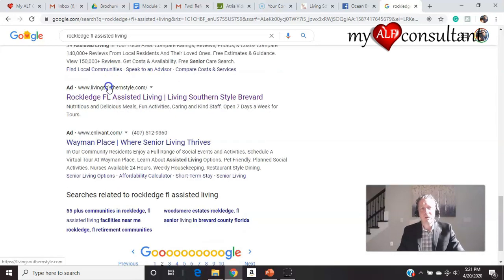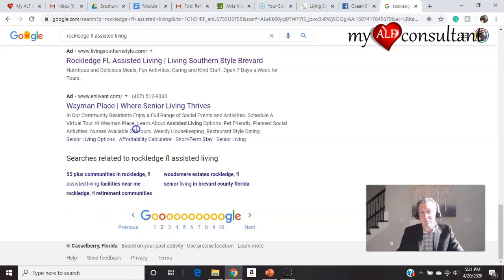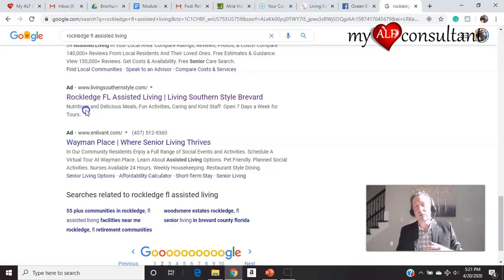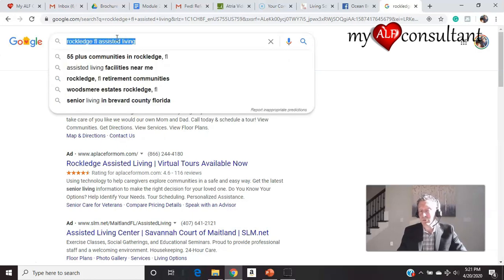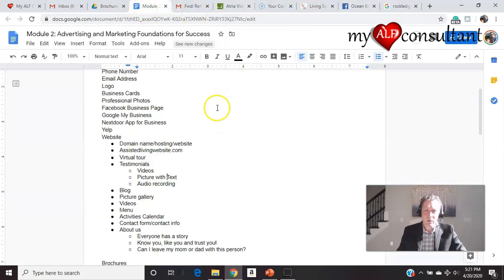Oh, there we are. So look, we're on page 2 at the bottom. That's because I think I bid maybe $5 a click, where these people at the top are bidding $10 a click. But it's not my money, and Sheila's full right now, so we don't need to bid a lot. But if they're specifically searching for her name, we want to be up at the top. So if you don't have a website, you're not doing any of that.